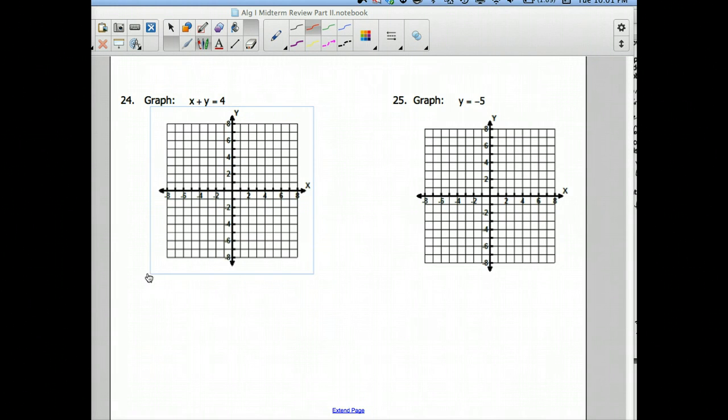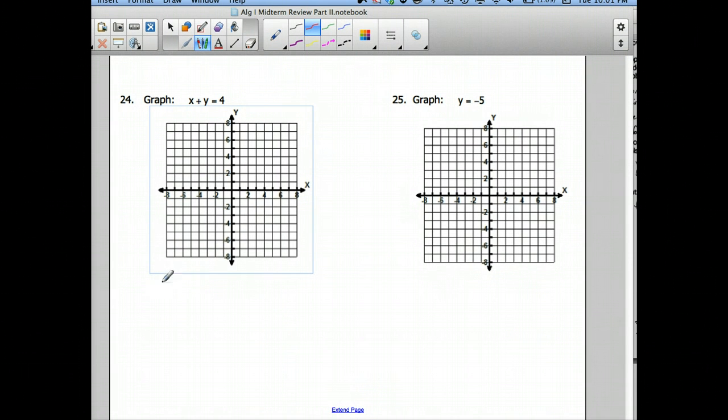Alright, so here we are, the last few questions of this part of the review. So we want to graph these. If you have standard form, the easiest way to graph is to find the intercepts. So I'm going to do 0, something, something, 0. I don't care which is the x and y yet, and I'm just going to plot the points once I figure it out. So using the cover-up method, if x is 0, I cover that up, and I get y